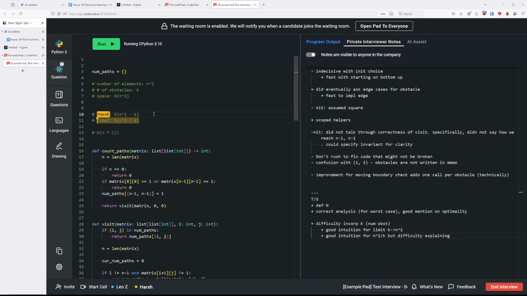Can you now show or disprove that this bottom solution works if k doesn't approach n squared? If k is small, for example. But if k is approaching n squared, in this case this would be O of one, right? Yeah. But that's not the right answer. Neither of these are correct because